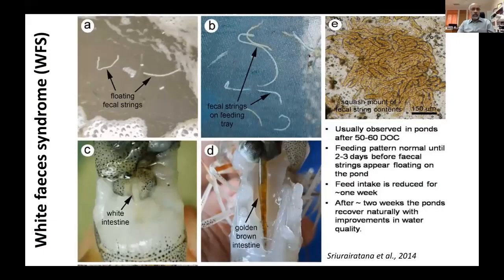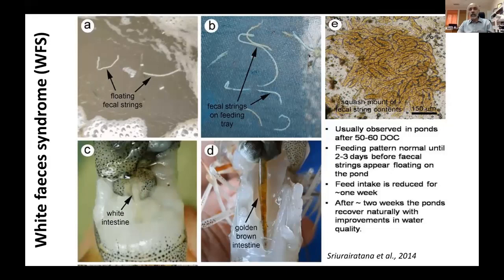And of course, all the slides that follow will have a clear link, because white feces syndrome is closely related to